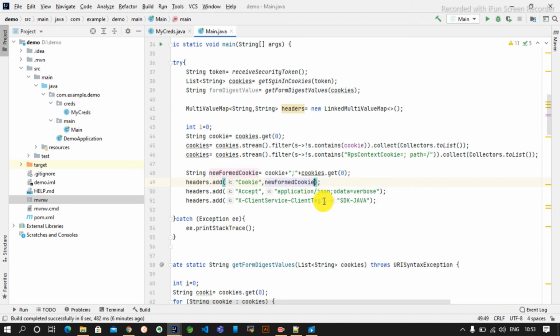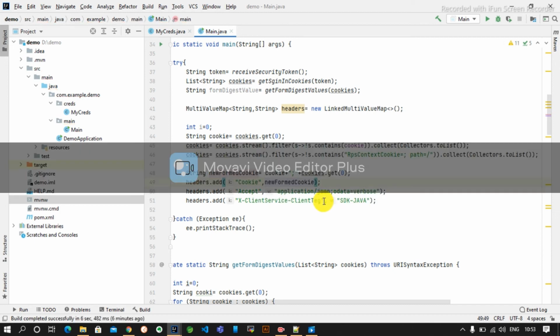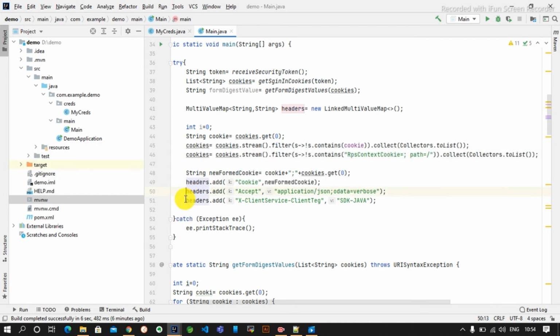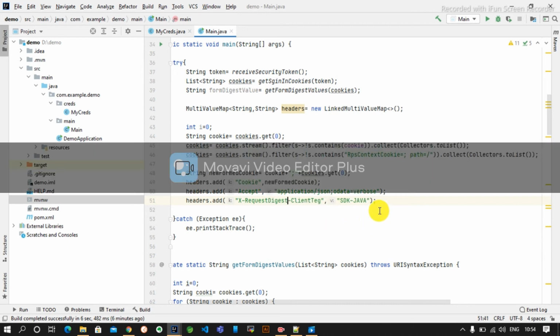And we will use something like verbose and all those things. Cookie will be the formed cookie, accept will be something like that. We will use something like bearer, x digest request, x request digest, that will be like our form digest value. Okay, then header dot add will add the bearer.